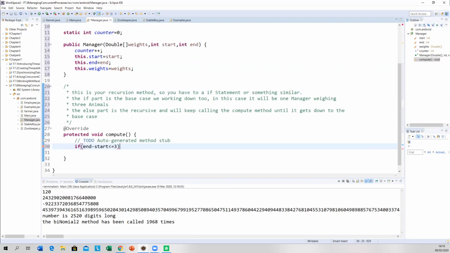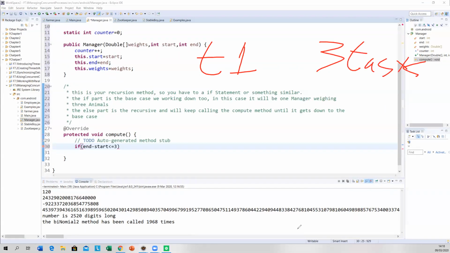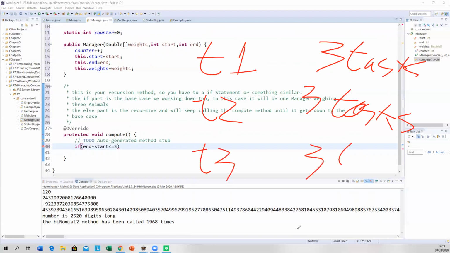All right, so you can imagine the situation that we have our 4 threads. Thread 1 is going to have 3 tasks assigned to it. Thread 2 is going to have 3 tasks assigned to it. Thread 3 is going to have 3 tasks.